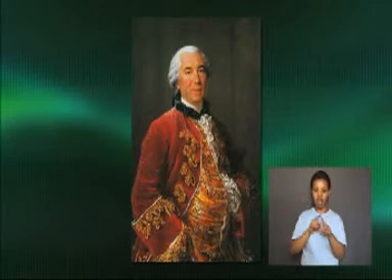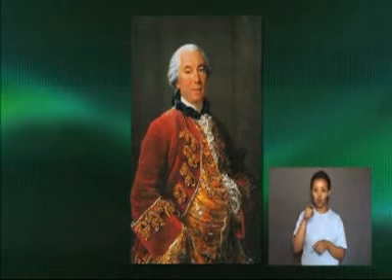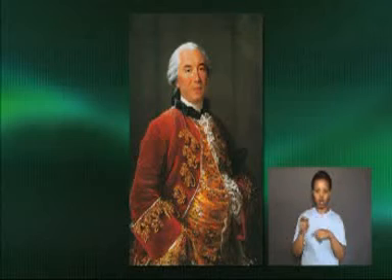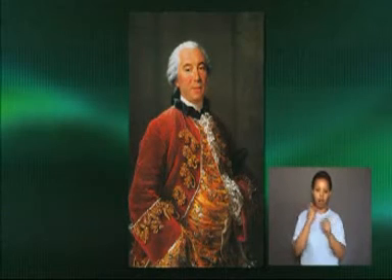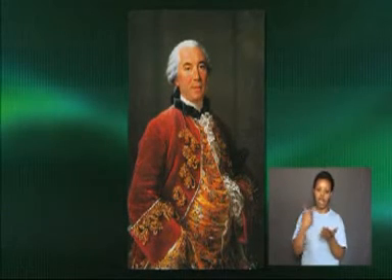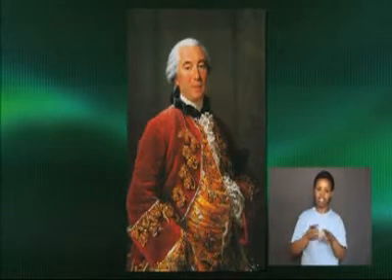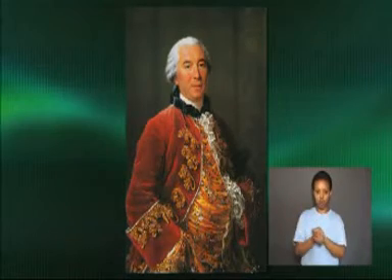He thought that the earth was much older and that organisms changed over time randomly and in response to their environment. Buffon had a hard time trying to convince people this was true, since he had no evidence to show that